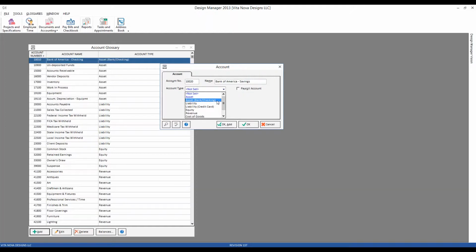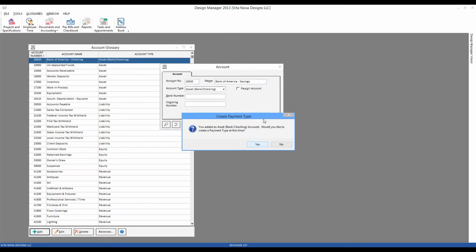This designation allows us to use this account to record funds into, write checks out of, perform reconciliations, etc. So we'll select our asset bank checking, and additional options for bank number and checking number arise. Then there's a totally optional field there just for your usage only. And if we click OK,